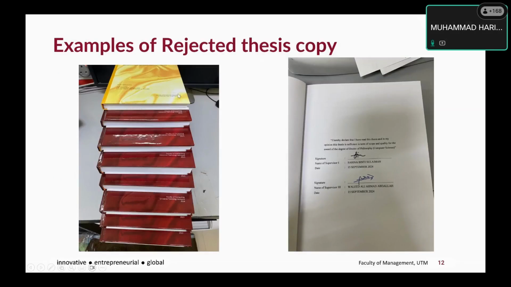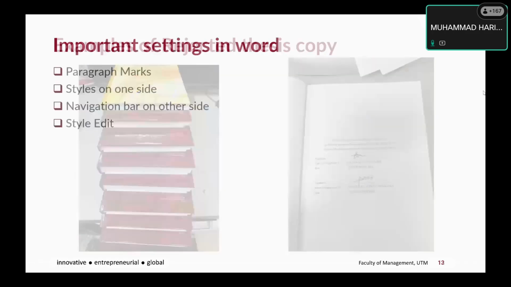Okay, in this case, these are some of the theses which are available on my table, and all these theses were rejected by the faculty and they were unable to accept them. There are a few reasons. Like the first one, it was a PhD but printed in a yellow color copy. Yeah, definitely they will not accept it. And some minor mistakes were there. Like one of the mistakes I mentioned here, if you can see